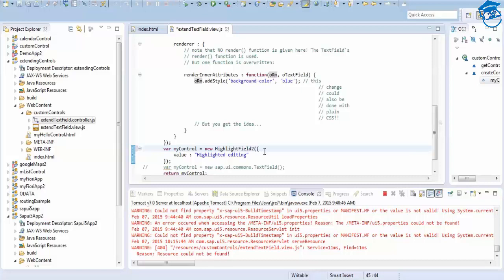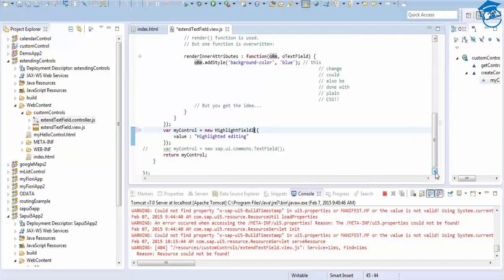This value is already there with the existing text field control, so that is called and placed. The value inside the text field will be highlighted, and then we return this text field, and we'll see whether the name we changed will display or not.